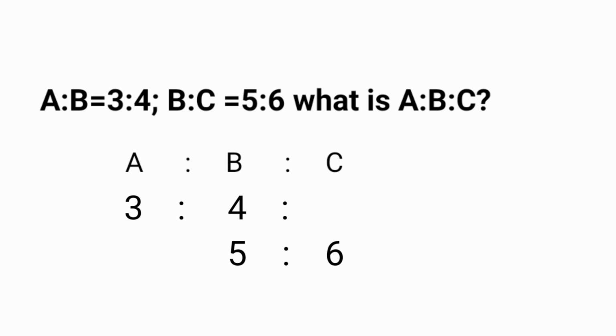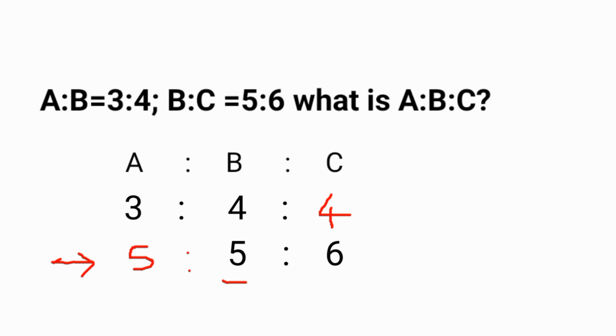Next step is to fill the vacant or blank spaces. So, in the first row the corresponding value of C is missing. So, write below C the value which is nearer to it in the same row. So, the value which is nearer is 4. So, write it below C. Similarly, in the next row, the value corresponding to A is missing. So, what we have to write there is the value which is nearer to that in the same row. The value which is nearer is 5. So, write it below A.